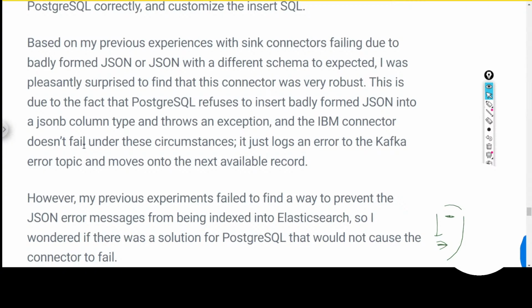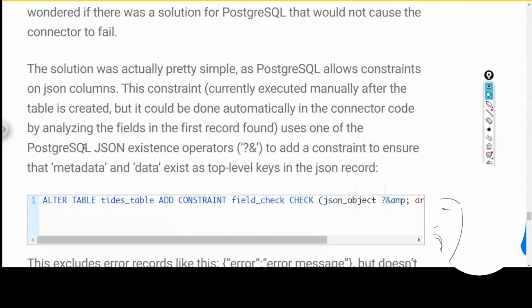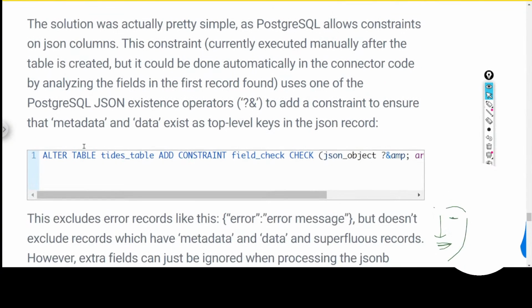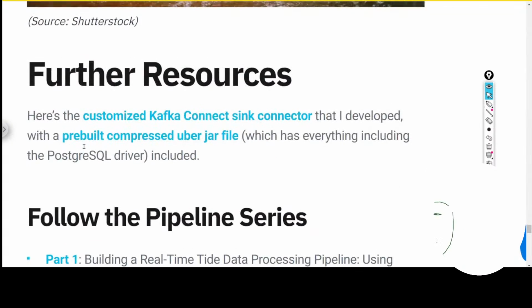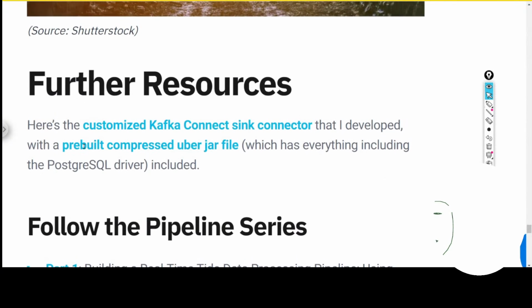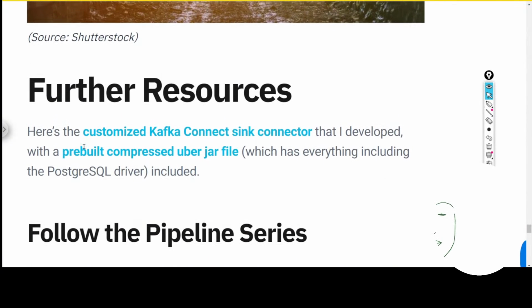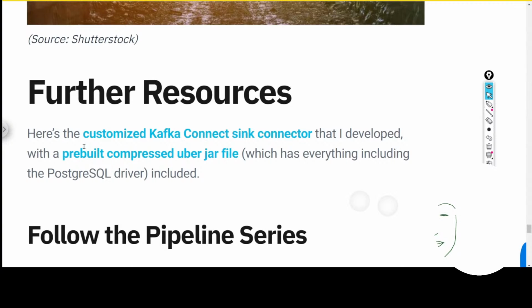the tiers. This is due to fact data PostgreSQL 힘들어. IBM connector doesn't pair